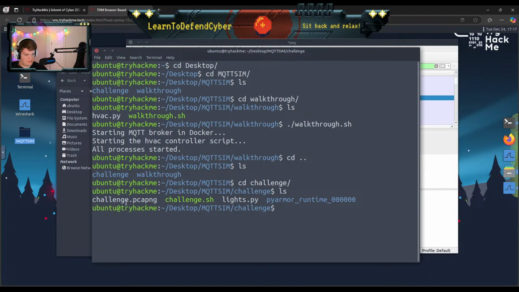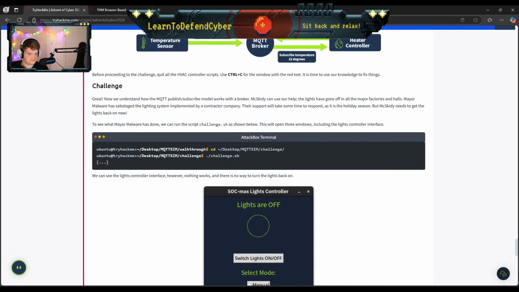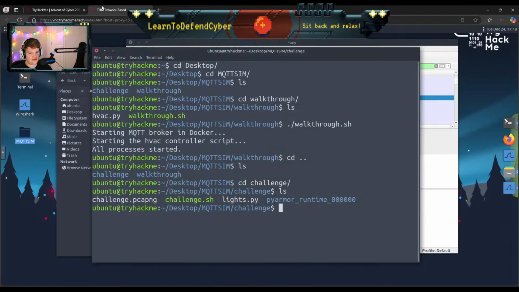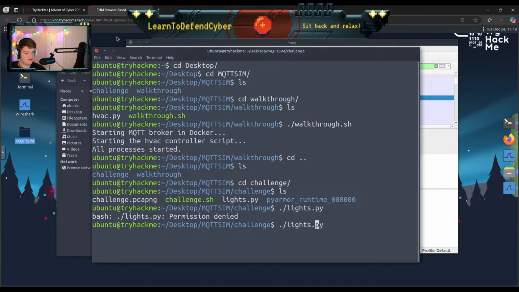Looks like we already have a pre-generated challenge PCAP. We can run the script challenge. It will open the 3 windows for the light controller interface. So we will go ahead and do ./lights.py. Oh, sorry. Challenge.sh.